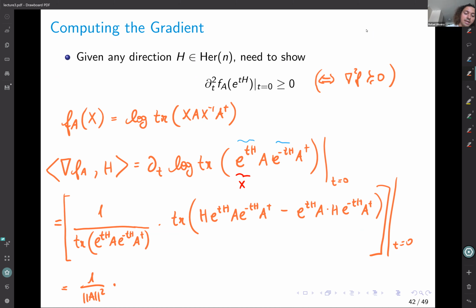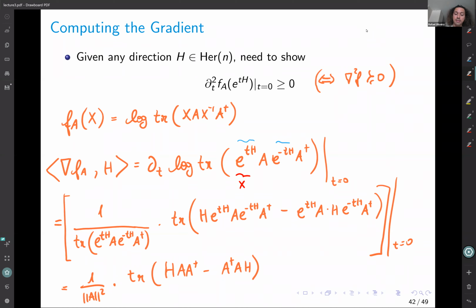So here, what do we get? Well, we get trace of, well, this is going to be h, a dagger, minus, and then we know the trace is cyclic, so we can do what? This is going to be a dagger, a h, right? So this is our